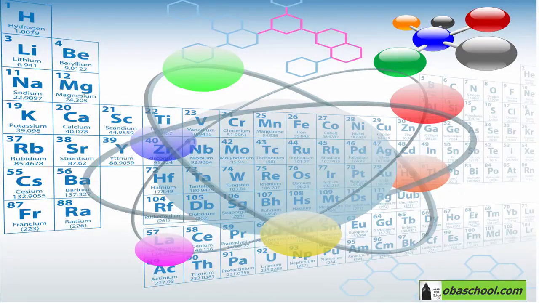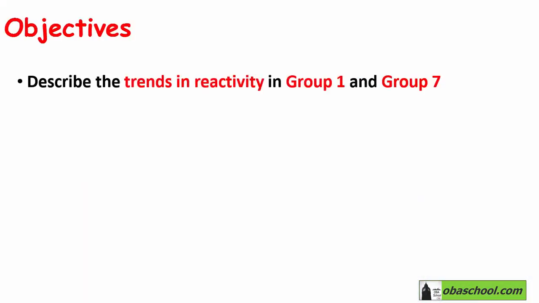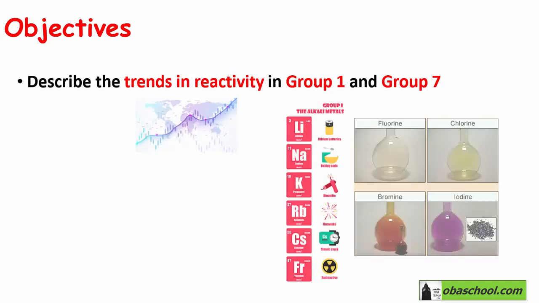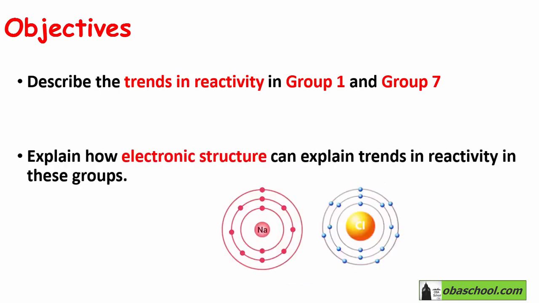In this section, we will explain some of the trends in the periodic table. The learning objectives of this section are to describe the trends in reactivity in Group 1 and Group 7. So we will describe the reactivity of the elements in Group 1 and those in Group 7, and to explain how electronic structure can explain trends in reactivity in these groups. So actually, we will examine the electronic structure of elements in groups 1 and 7 to explain the trends in